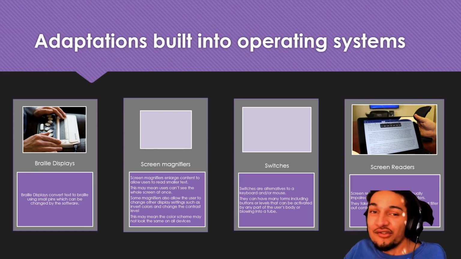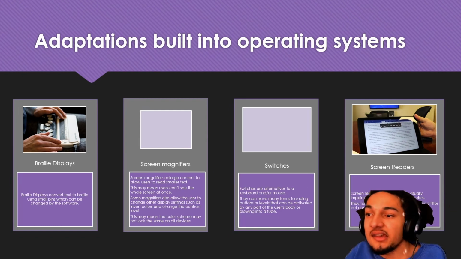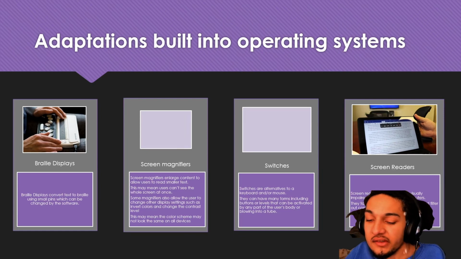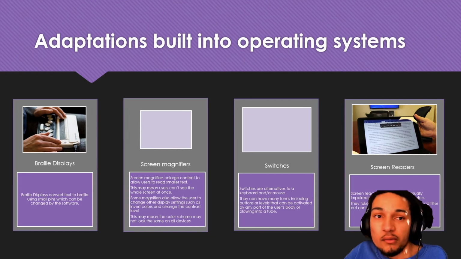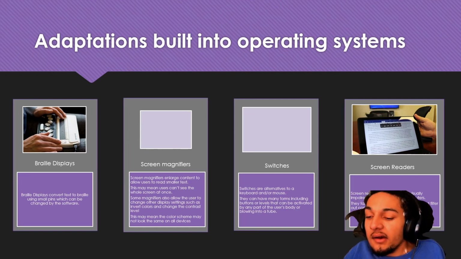That is bad for your eyes. So a lot of blind people will invert colors so that it's in dark mode maybe, and it's less taxing on their eyes for people who still have some vision left. Which again, you might need to be aware of because the color scheme of your website, for example, might look different on different devices.